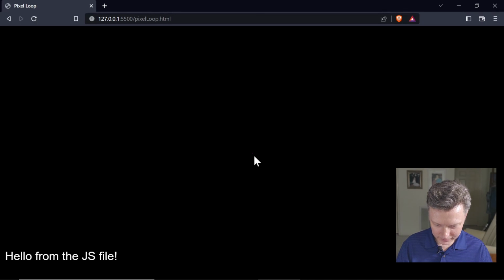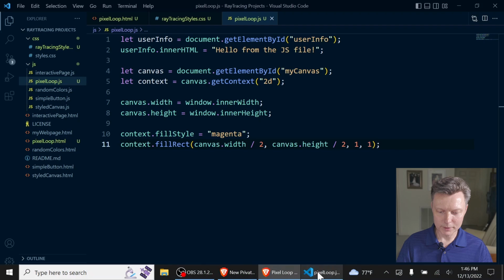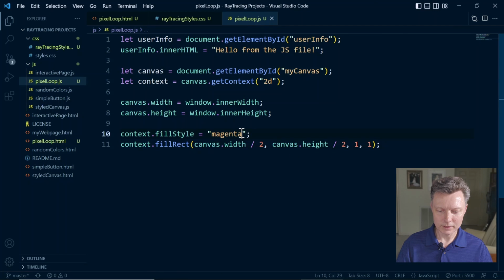I barely see it. It's right there. So the white was the best color for showing up on the canvas here. But let's just leave it magenta for now, because we're going to take this pixel drawing to the next level now. So in every CPU style ray tracer, you need to be able to loop over every single pixel on